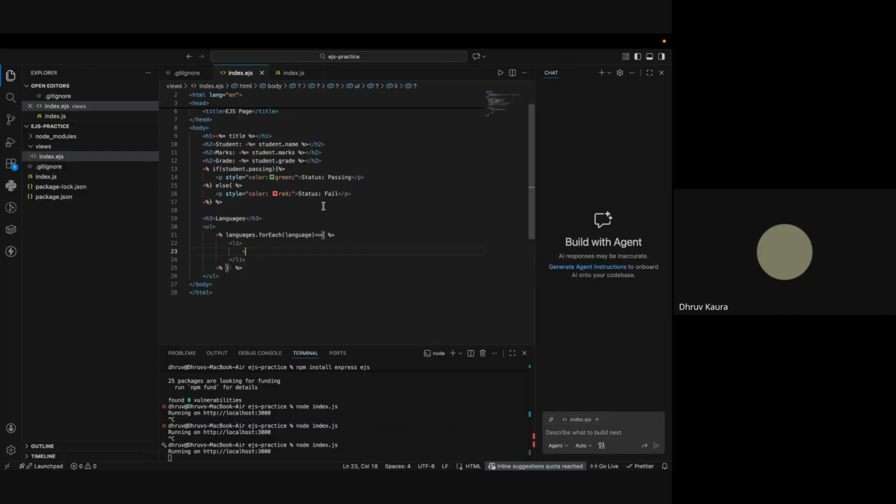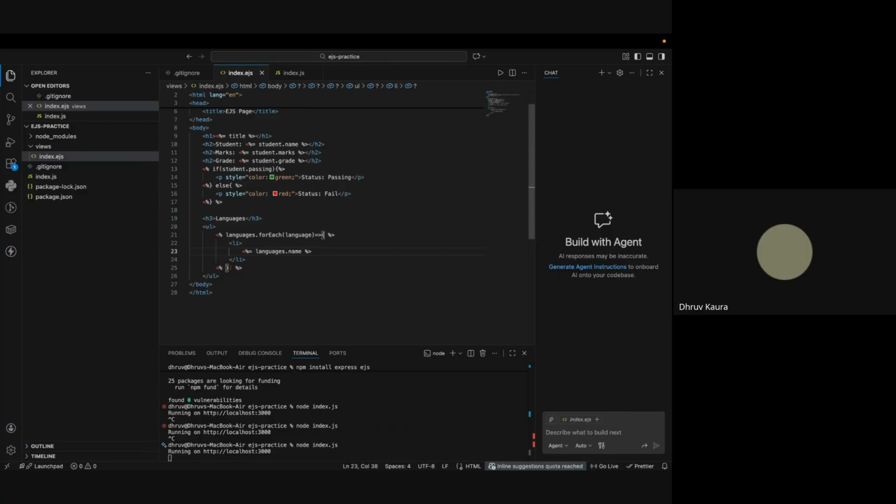We're going to use this HTML tag here. Languages dot name, and